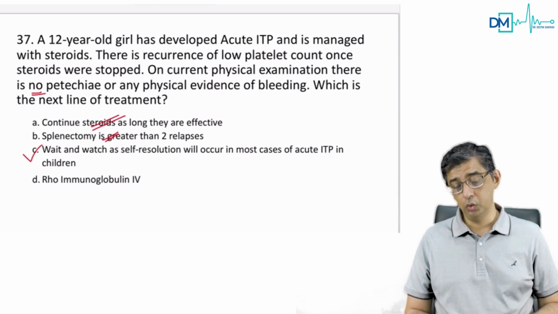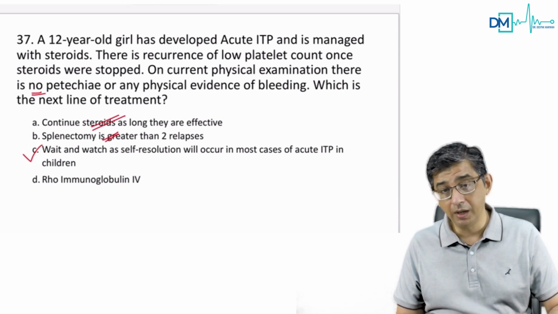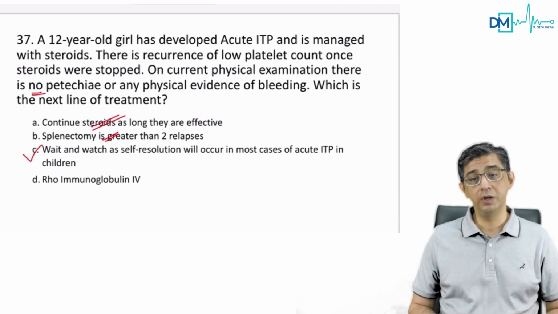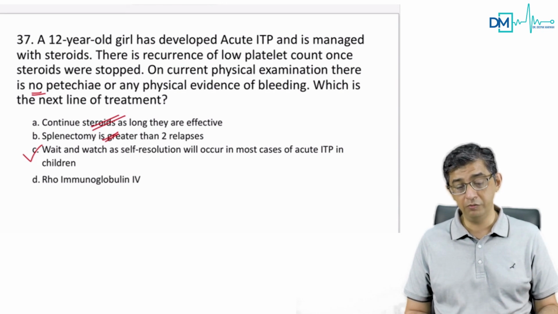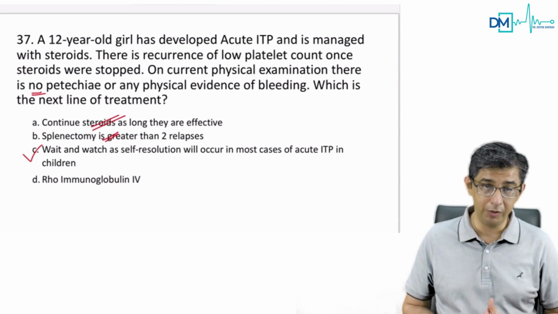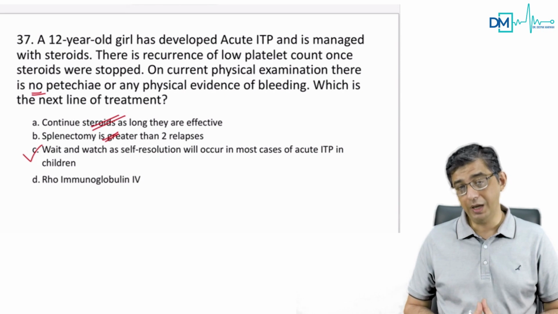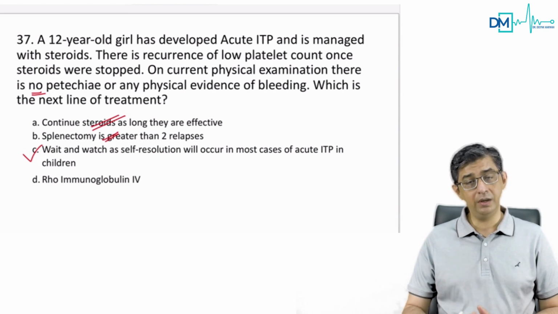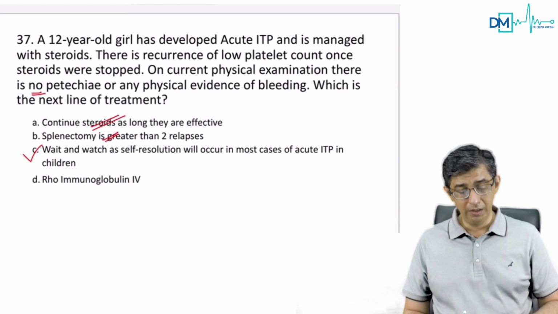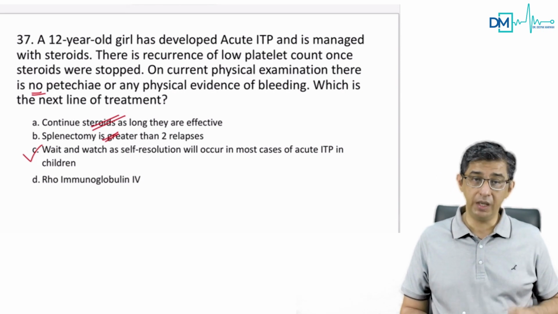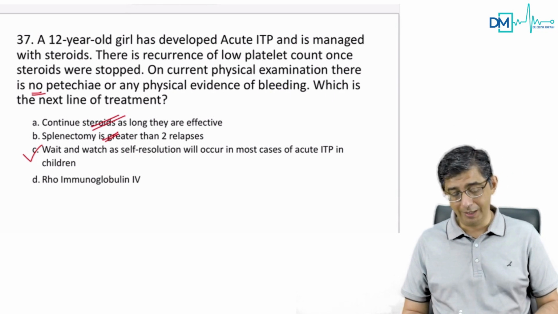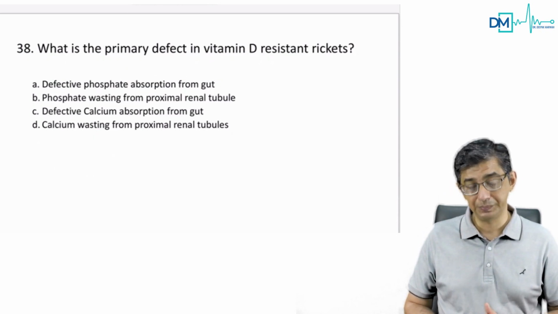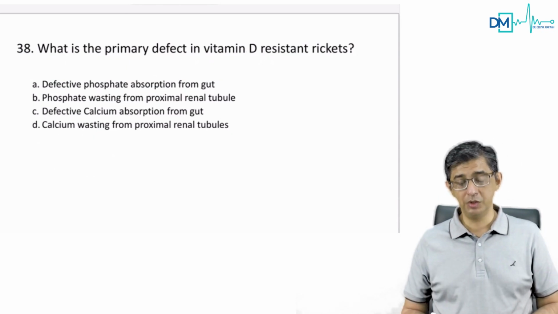And well, if you can go through the Hindi section of the ITP part, there I have described the role of Rho immunoglobulin. I've talked about intravenous immunoglobulin, then I've talked about Rho immunoglobulin, because traditionally we read about Rho immunoglobulin for a lady who is Rh negative. You know, in OBGY you read about Rho immunoglobulin. So for more details of ITP, go to the English section and listen to the ITP part. And usually when they ask you questions in hematology nowadays, one blood cancer, ALL is asked, or AML or CML or CLL, I mean blood cancer, and then in platelets they'll love to ask about ITP because that's the usual presentation that is seen.